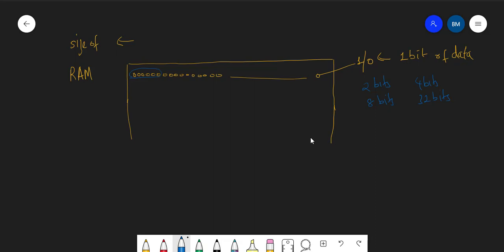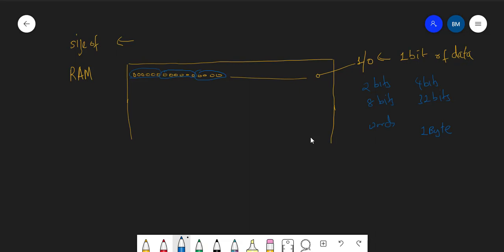Each of these groups is known as a word. Words can be of different sizes. Generally it will be 8 bits or 1 byte. It is not necessary, but generally we can assume it to be 1 byte in most systems.